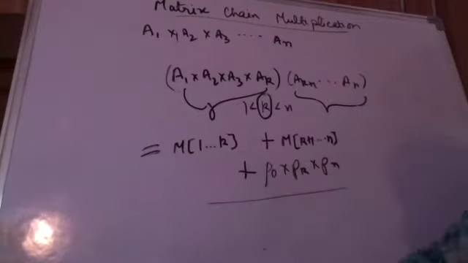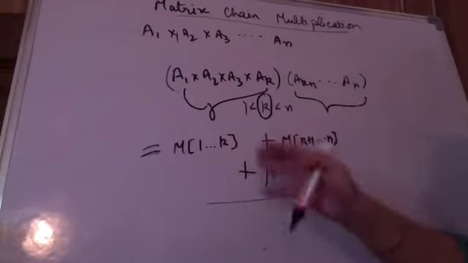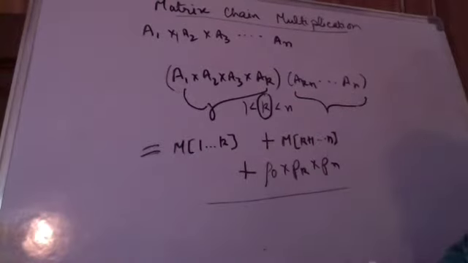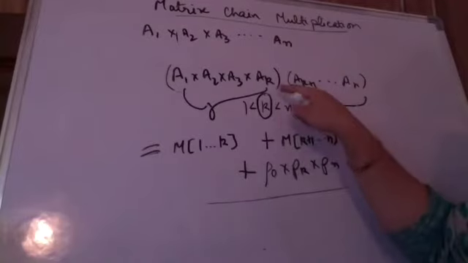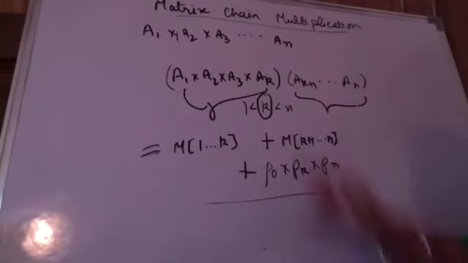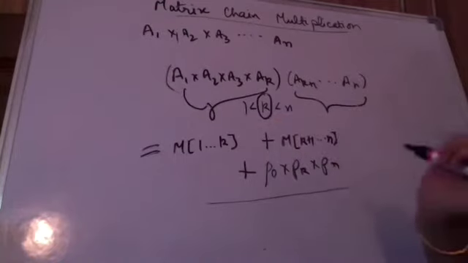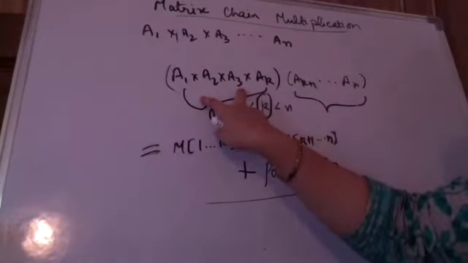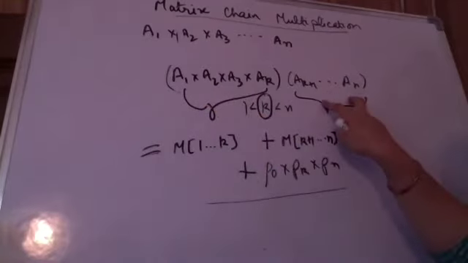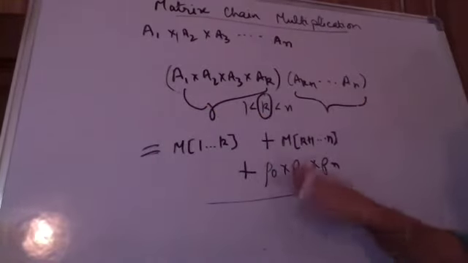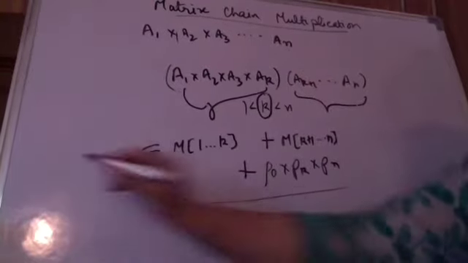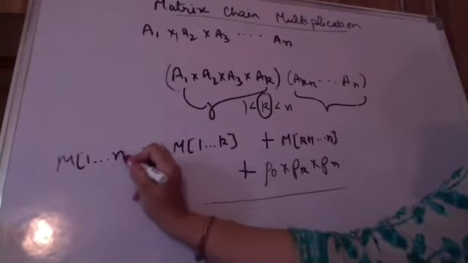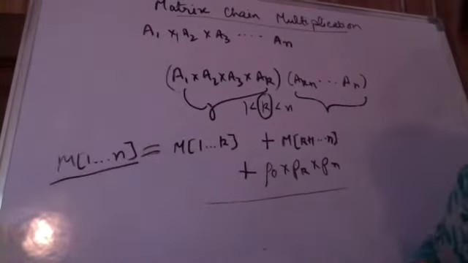अभी हम सिर्फ structure बनाने की कोशिश कर रहे हैं. Dynamic programming में we are just trying to find an optimal substructure. हम substructure कैसे create कर सकते हैं? We are only trying to see that here. So how are we seeing that? I am dividing my matrices from some k which is the optimal parenthesization. K is lying anywhere between 1 to n. Total scalar multiplications for computing this matrix, for computing this, and the number of scalar multiplications required to multiply these two. This would be the total number of multiplications which I am requiring for multiplying the matrices A1 to AN.